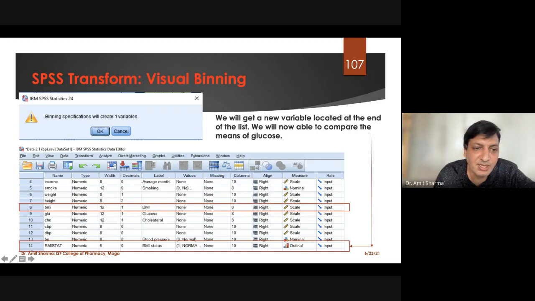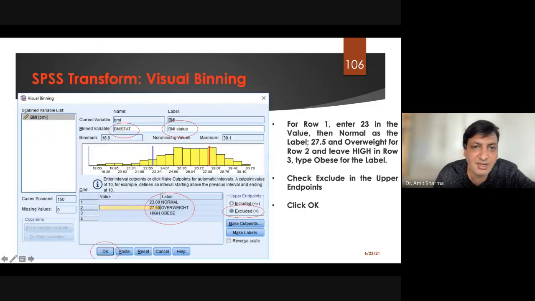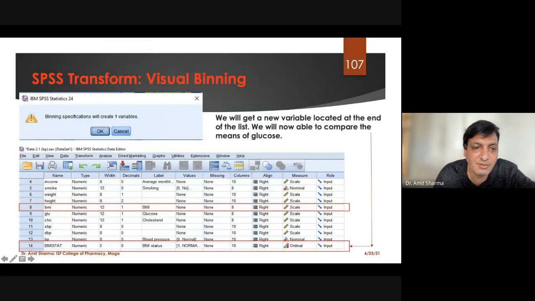And you can see that serial number 8 is the previous BMI where the data has been entered in terms of numeric order. But the software has created a variable at serial number 14 where the name I have written is BMI stat, because this BMI stat name I have entered here, this one, BMI stat. So the name of the variable was given by the software as BMI stat,